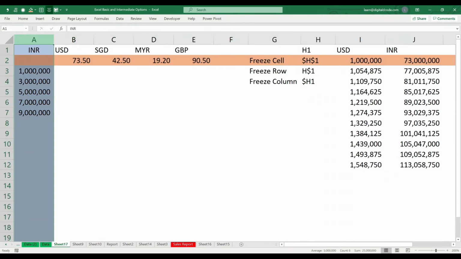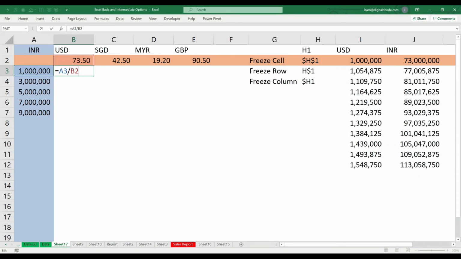Now I selected column A. Again I want to freeze this row, so I choose the row where I have data, so that is also selected, and it's 2. So now I have to freeze column A and row number 2. Now again I'll apply the formula, this divided by the rate. Now I got this value, so now I have to freeze.